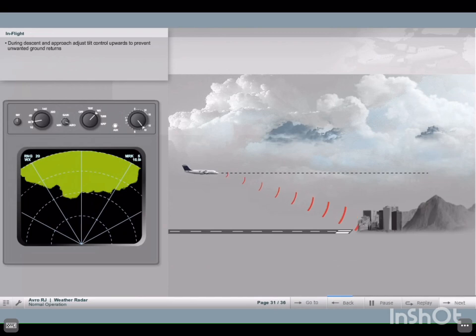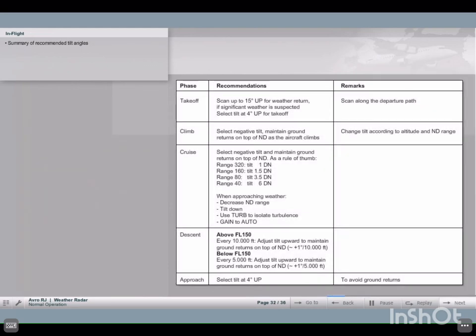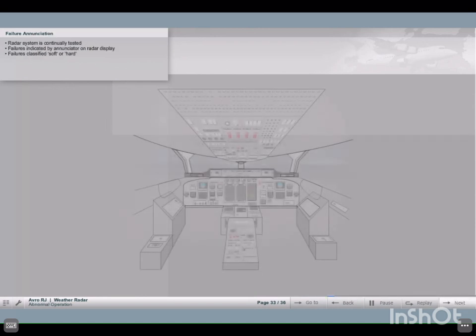Descent and approach. During the descent and approach, the tilt control should be adjusted upwards to prevent unwanted ground returns. Here is a tabulated summary of the recommended manual tilt angles for each phase of flight. The radar system is continually